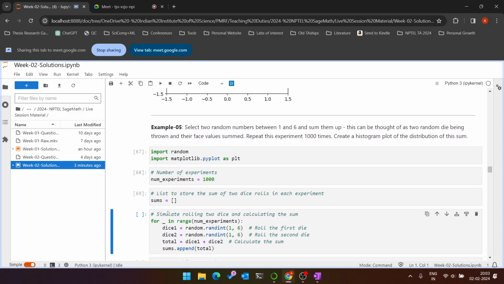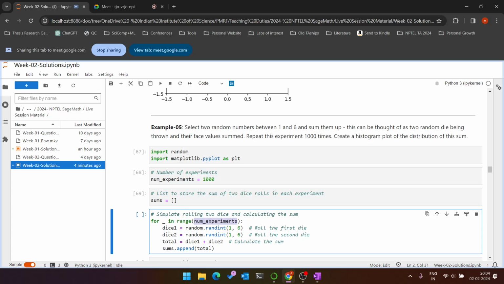And then I'm running this for loop. So I'm using here some for underscore in the range of number of experiments. This underscore is basically a placeholder for the iterator which is given in the for loop. So I could write say for i in the range of number of experiments, but I am doing nothing with the variable i itself, so unnecessarily some memory gets assigned to it. So I could just put an underscore instead, and range of number of experiments, range of 1000, so 0 to